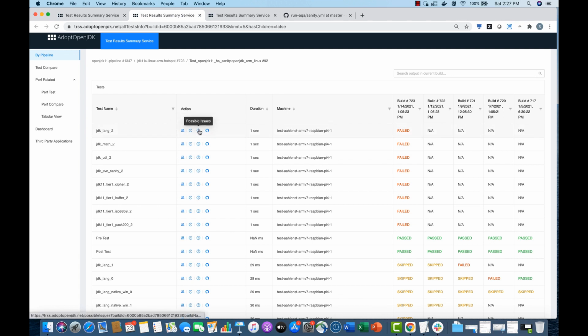As I dig into these, we may see that this is a configuration issue or a machine issue that needs to be corrected. I can check if someone's already raised an issue by clicking on possible issues. It's going to go searching across all our repos to see if it finds something related. And if it hasn't, I could create an issue here. So that's my very quick view of what we do at the project each night.